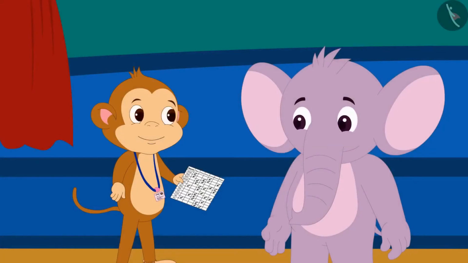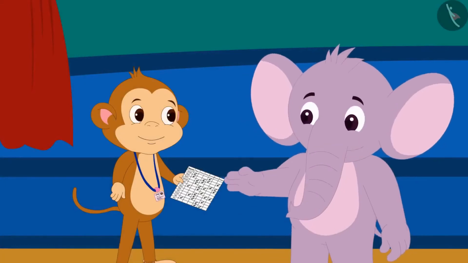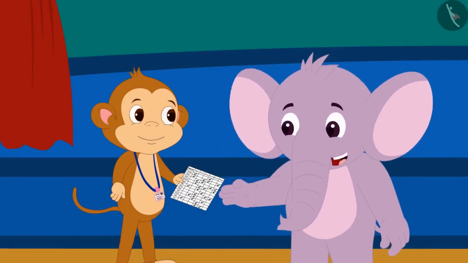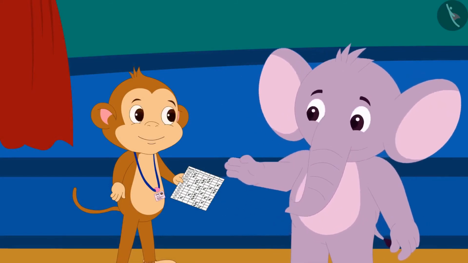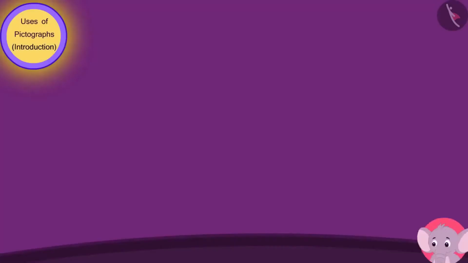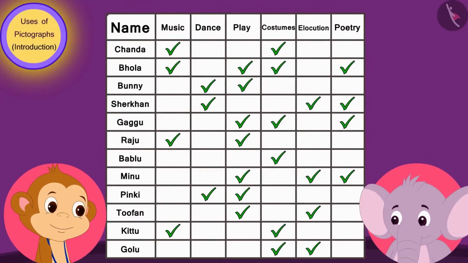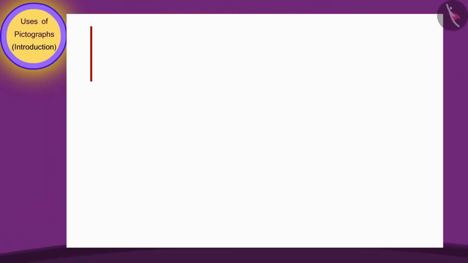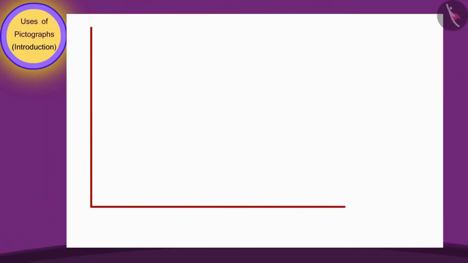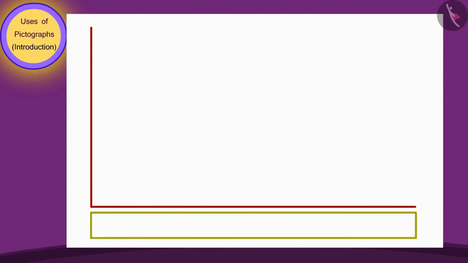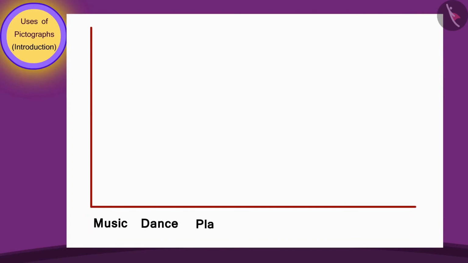Appu said, Don't worry, Babban. I will tell you a simple way to do this. Appu saw Babban's table and drew 2 lines like this on a paper. He first wrote down the names of all the programs near the lower line.